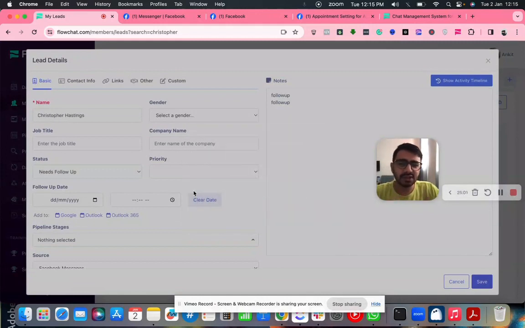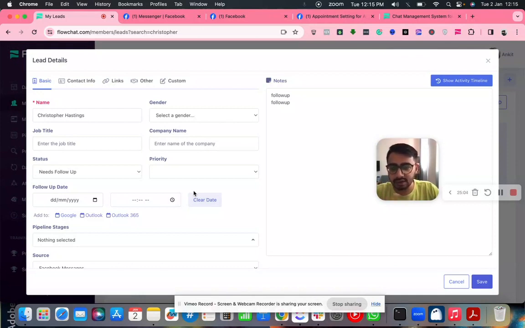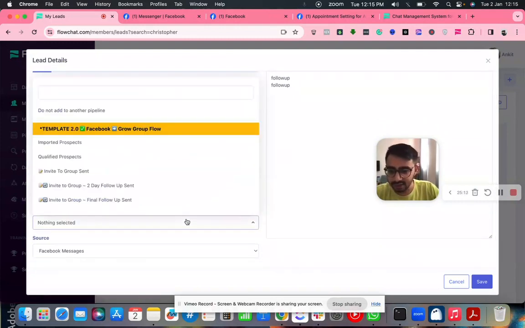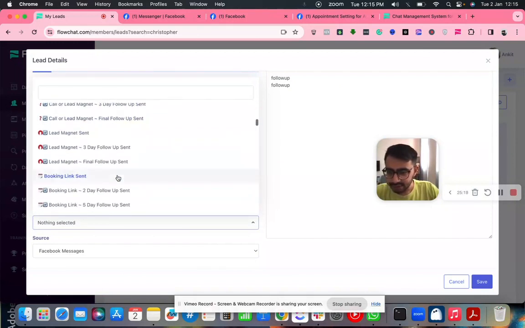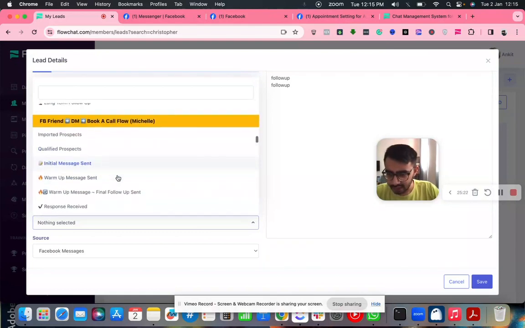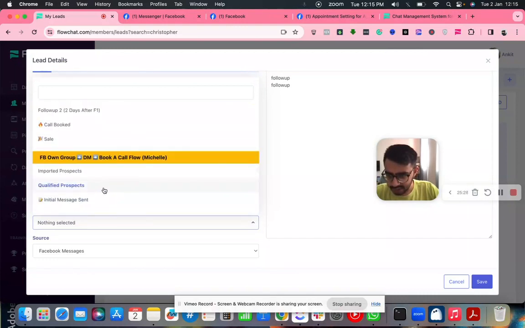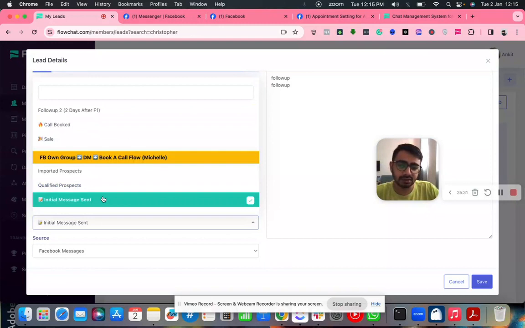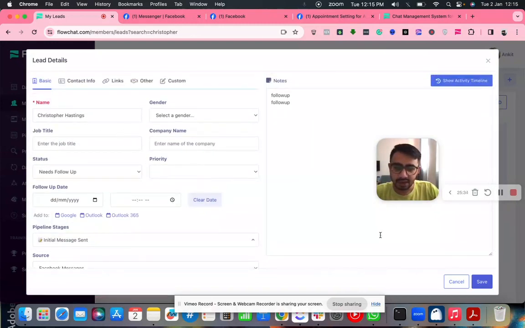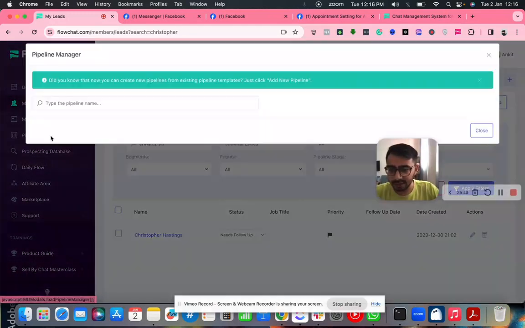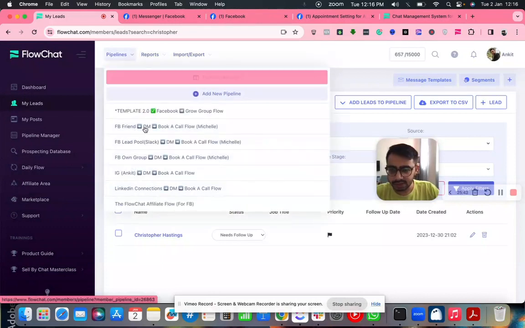If you see, this UI is a bit similar to Go High Level. If you have used Go High Level, then definitely it will not be really a challenging aspect to use this as well. I'm going to quickly find my pipeline once again and move this prospect to initial message sent. All right, so once I click this, I need to click save, and I'm just going to go back to my pipeline,